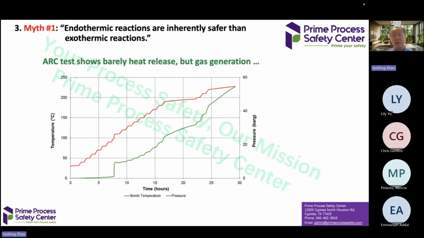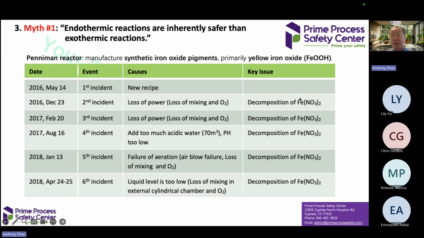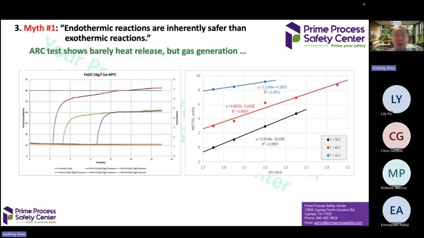But in this instance, this is iron nitrate decomposition. Ferrous nitrate decomposition will generate lots of gas. It was a big incident with environmental damage. However, when we did further tests, the ARC showed it was barely exothermic. When we ran more tests in the RSD, we found this reaction is an autocatalytic reaction at different pH values,